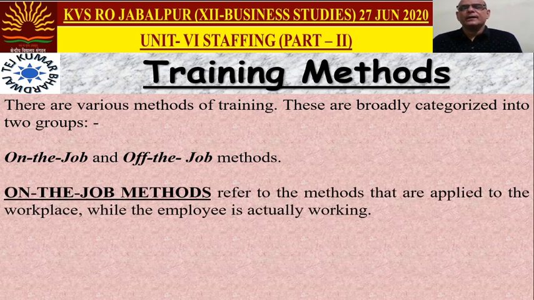on the job training methods are those methods which are applied at the workplace when the employee is actually working. The employee learns while working, means he is put on the actual workplace and he learns his task then and there. For example, in the banks, the newly recruited employee is directly put on the desk. He is doing his daily task and he is learning. Generally, job rotation methods are adopted in the clerical job. Means for 15 days you will be doing work on this desk, then you will be shifted to another desk and he becomes expert at doing all the tasks.